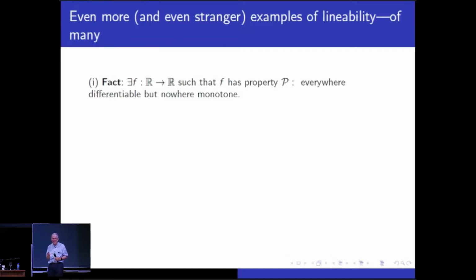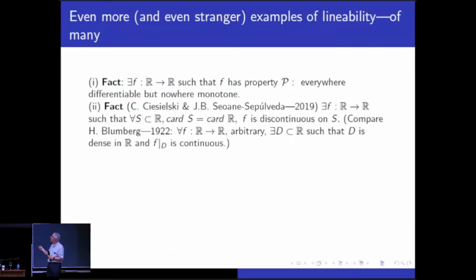Okay, so here are some strange examples of functions. The property is that it's everywhere differentiable, but nowhere monotone. Again, I have the blackboard behind me, but I can't draw it anyway. So, okay, there is such a function. Here's a result of Chiselsky and Juan Seoane, from 5 years ago,